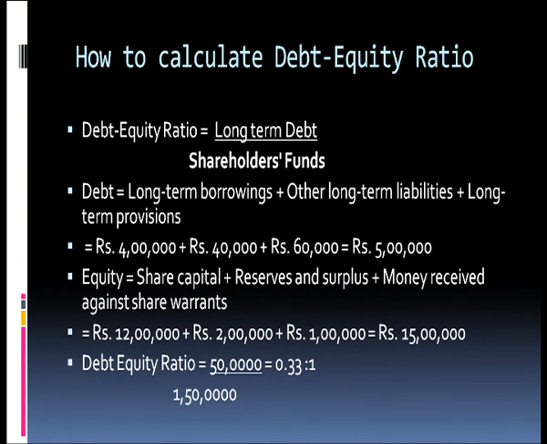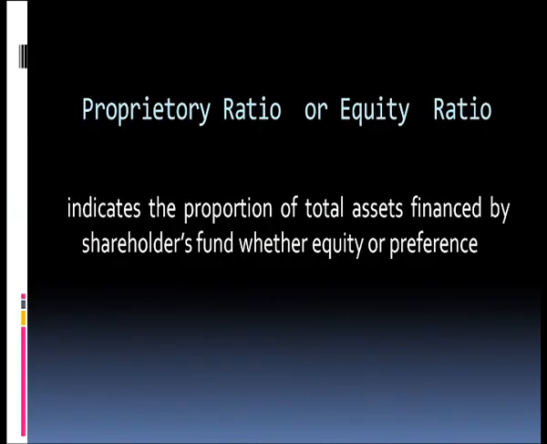Equity will comprise your share capital and of course your reserves and surplus, and don't forget the money received against share warrants. Now, in this example, if I have the debt as 5 lakhs and I have equity as 15 lakhs, then the ratio comes out to be 0.33:1. Now, we move on to the proprietary ratio or the equity ratio, which indicates the proportion of total assets